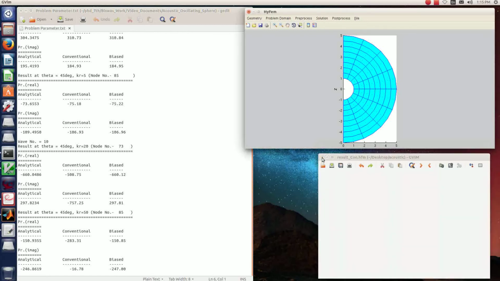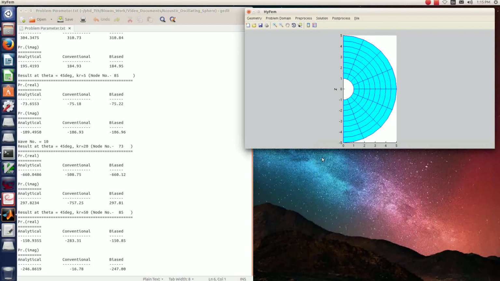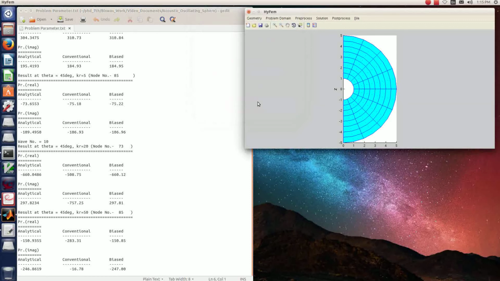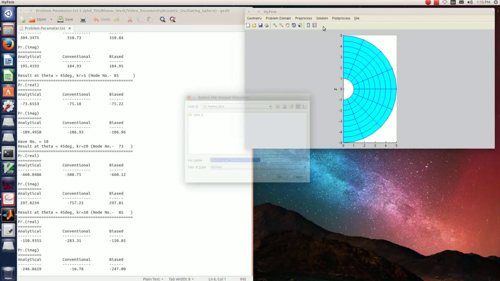Now we will solve the same problem using the biased element. For that, again we have to go to problem domain. We have to select biased as formulation type. Then we will solve.